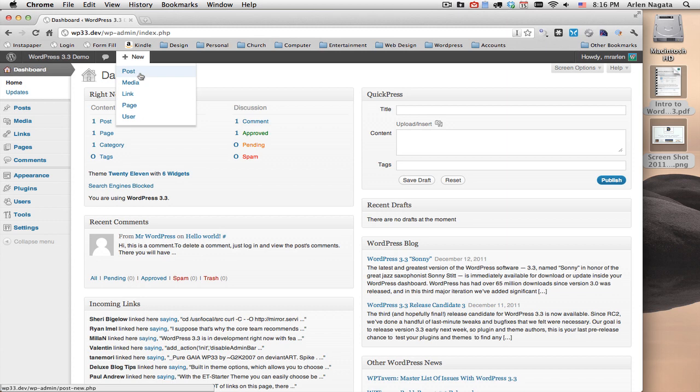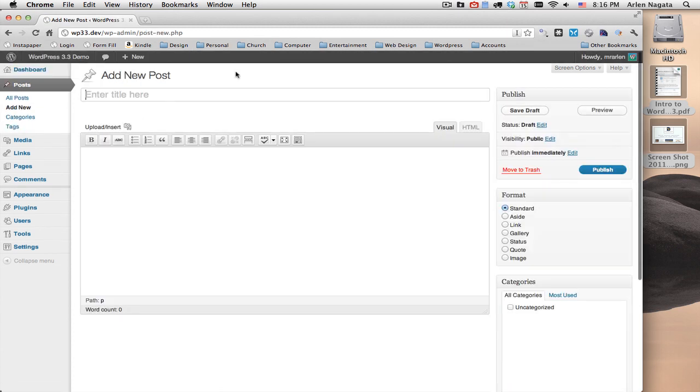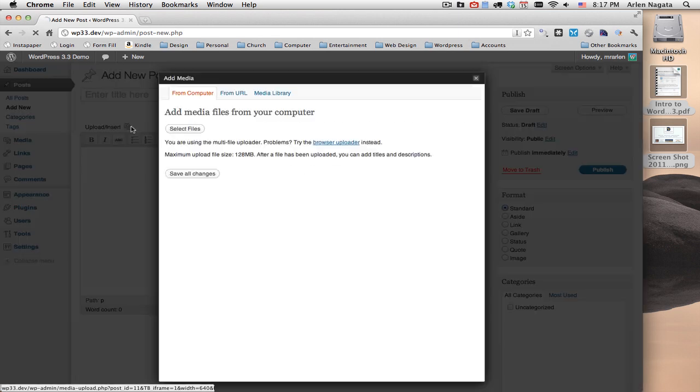So let's do it. When you add a new post, you'll see that this upload area has been condensed down to one icon. It used to be like 3 or 4 icons for different things: images, videos, audio, other. But now it's just one. And really, why did we have 4 before? Okay, so when you click on Add Media,